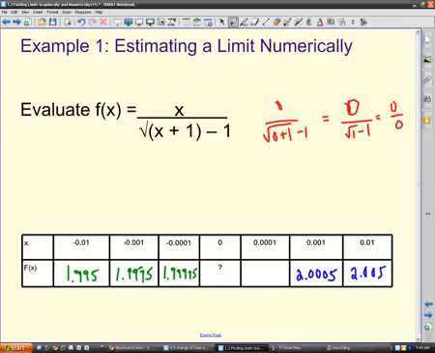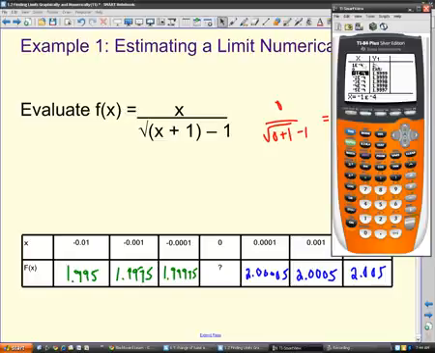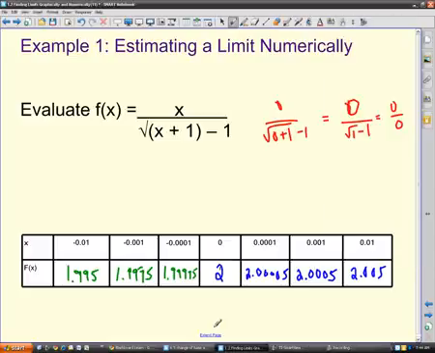The problem is our graphing calculator, if you type these in, would give you more zeros. But that's basically what happens. And so you can see as we're getting closer and closer to this 0, even though there's nothing there, we get a value of 2. And that is what the idea of a limit is. It doesn't have to have a value at that point that you want, but it is what's happening